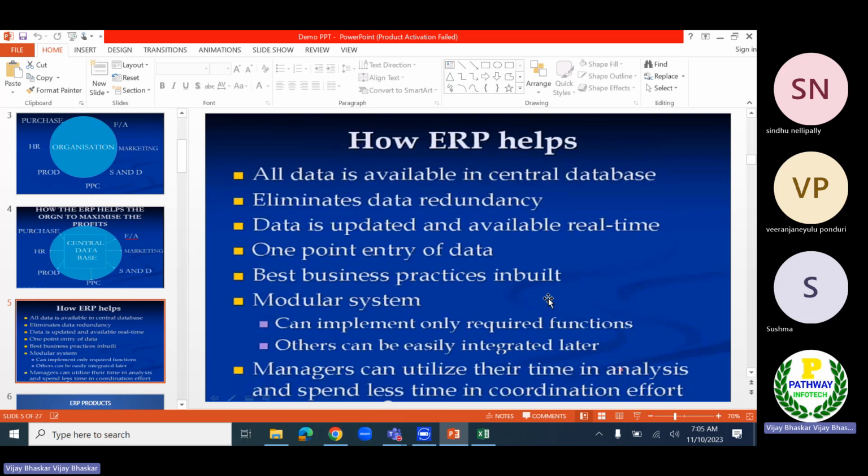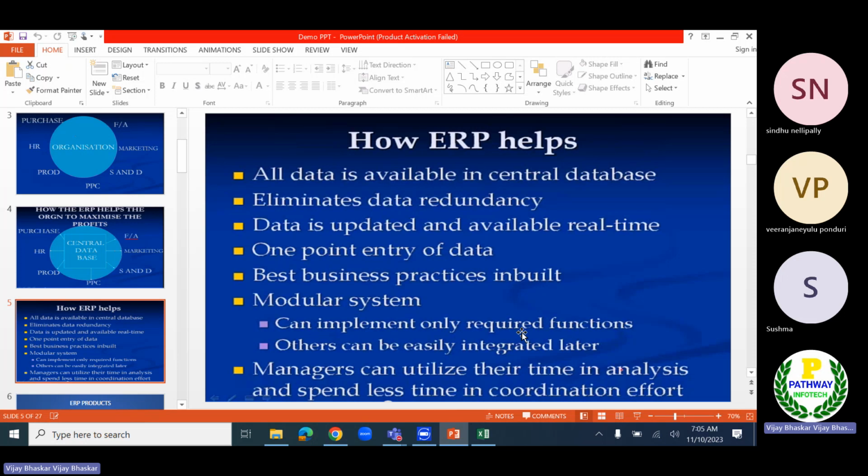In order to run their business successfully, they must adopt some functionalities, or they are following some functionalities. Those functionalities are available in the SAP system as inbuilt functionalities, depending on the industry.